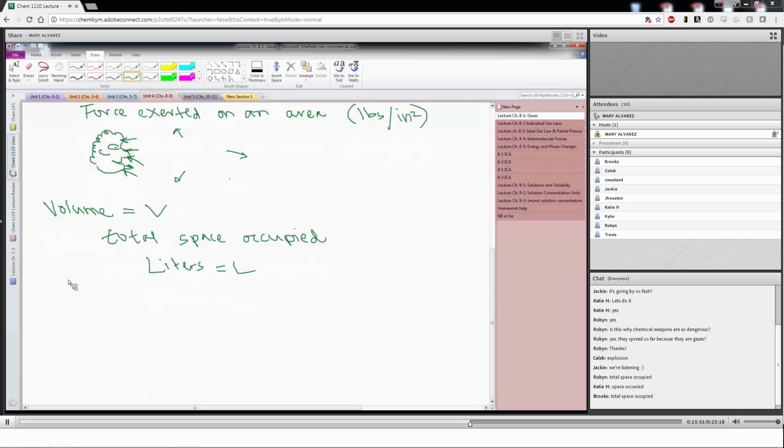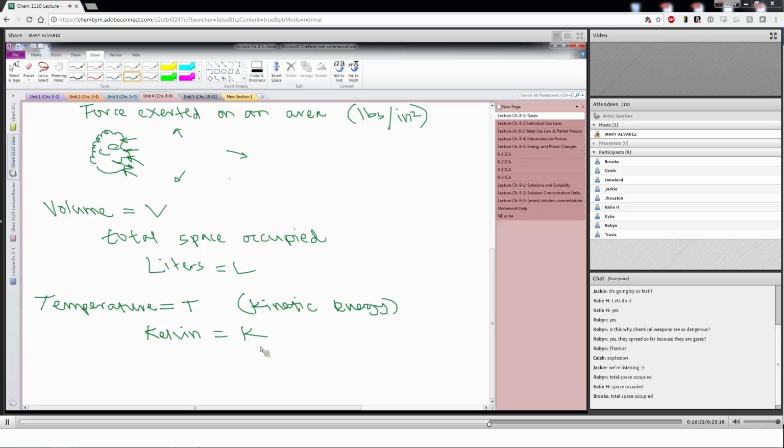Finally, we've got temperature. And this is interesting and useful because temperature, represented by a capital T, is a direct representation of the kinetic energy that the gas molecules have. So we're going to want to measure that. That's going to be important. So this was kinetic energy, and we talked about that when we introduced the kinetic molecular theory. For the purposes of calculations that we're going to need to do with gases, we have to use the Kelvin temperature scale,